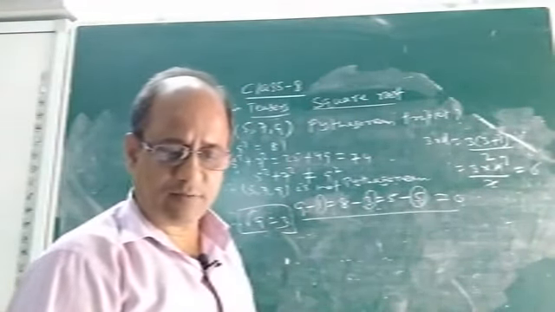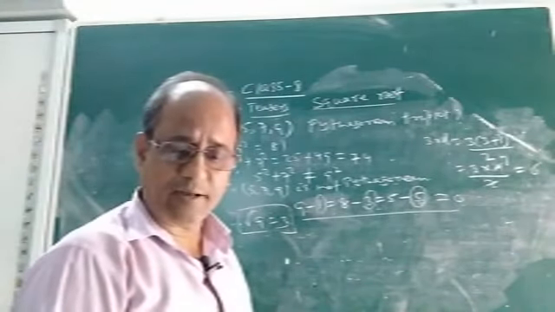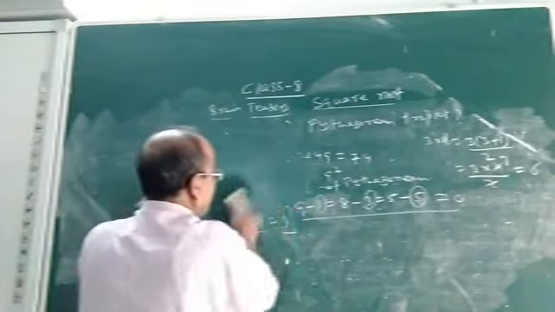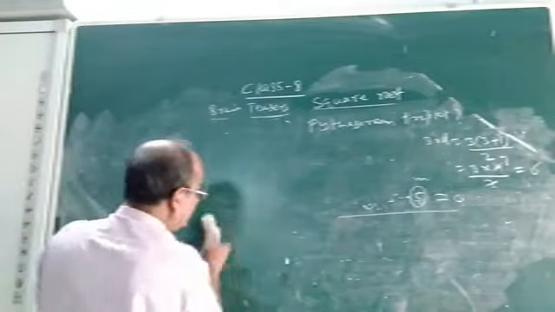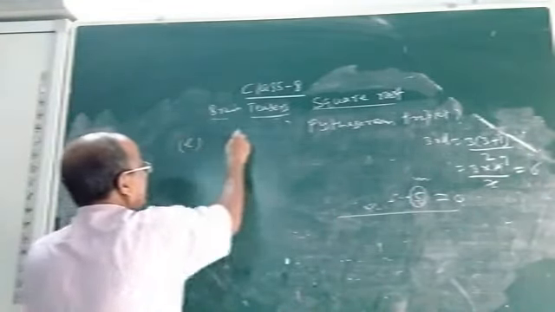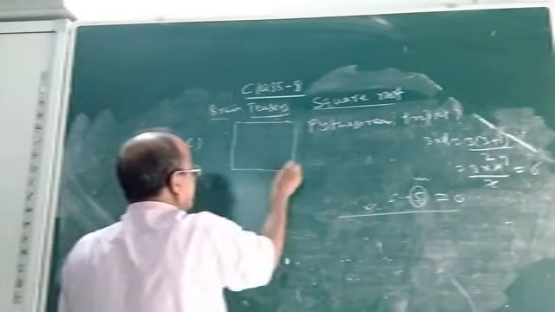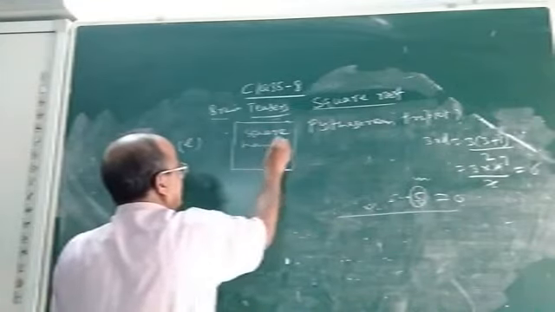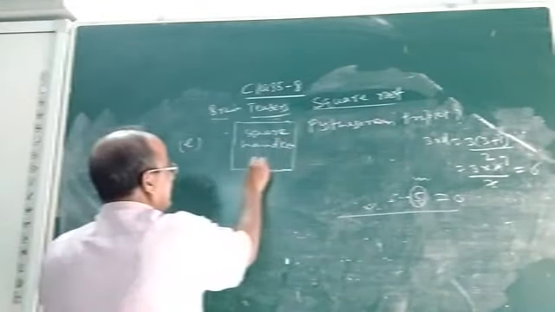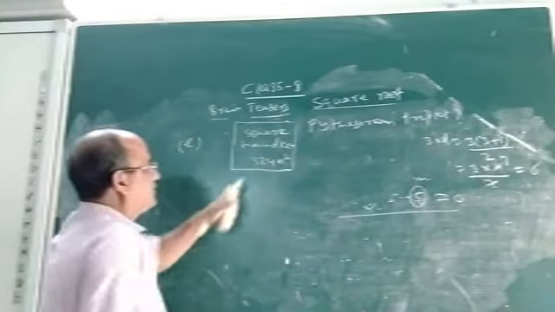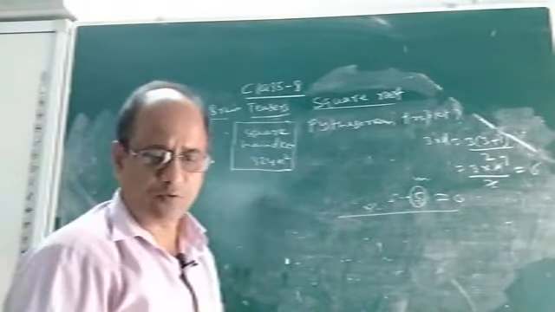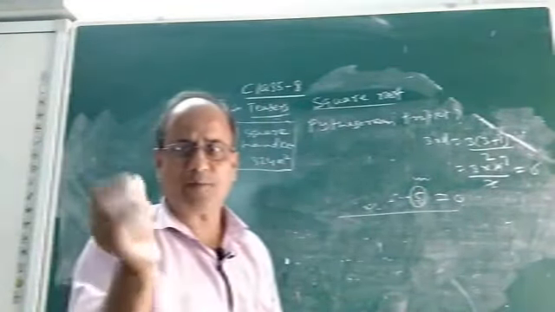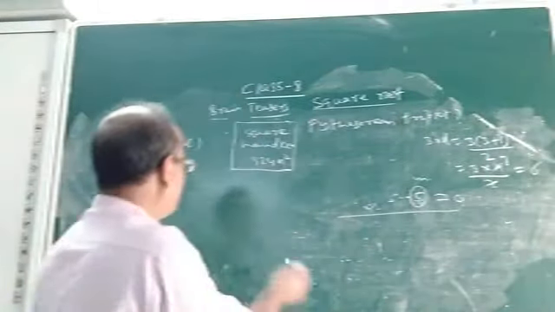Then find the measure of the side of a square handkerchief of area 324 centimeter square. What is the meaning of this question? In question number E, suppose you are given a square handkerchief. Now its area is given, 324 square. We have to find the measure of the side. It is very simple. Take the square root, because the formula for finding the side of a square is the square root of area.